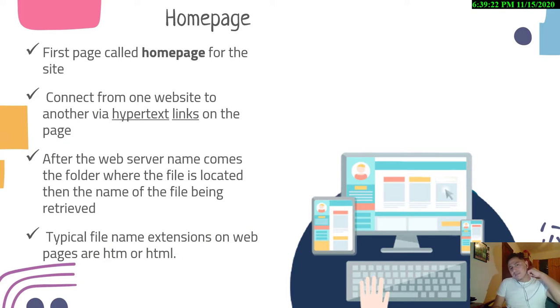Now, once we access a website, the first thing we access in a website is known as the first page, that is called the home page. So if you enter the web server name on a web browser, you will see the first page that's being called out, which will be the home page. So if I type www.youtube.com, that's the web server, youtube.com, the first thing that is going to appear is going to be the web